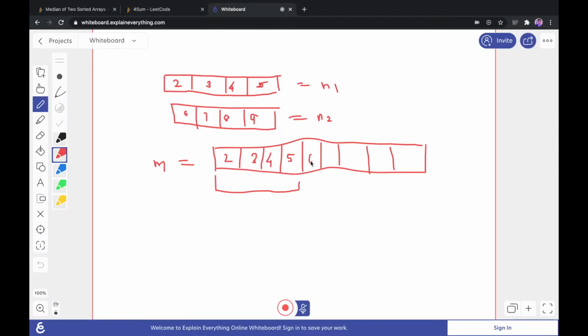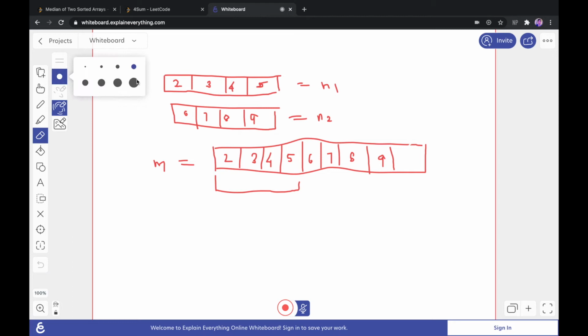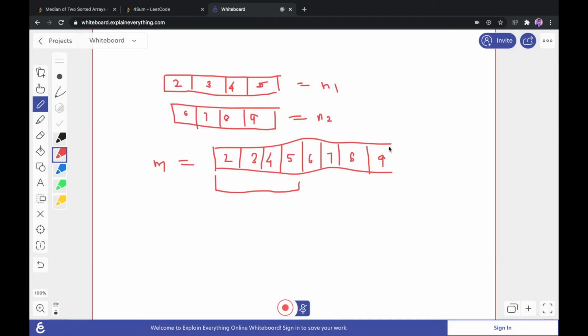So we start filling in values here. So yeah, this will be the merged array. In short, we have merged the two separate arrays into one single array.